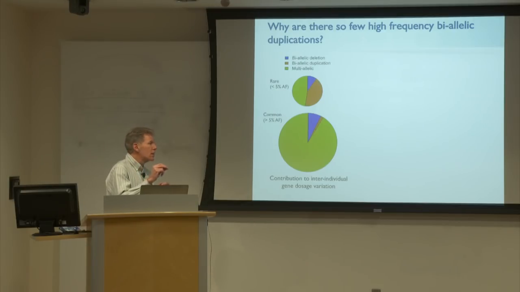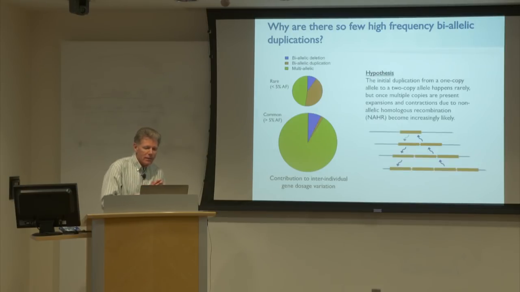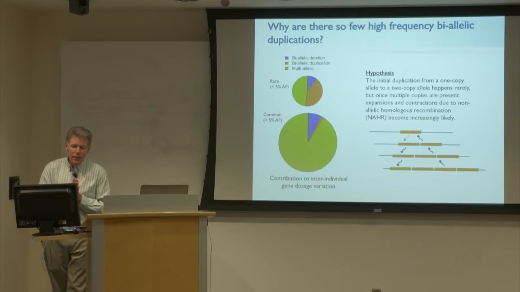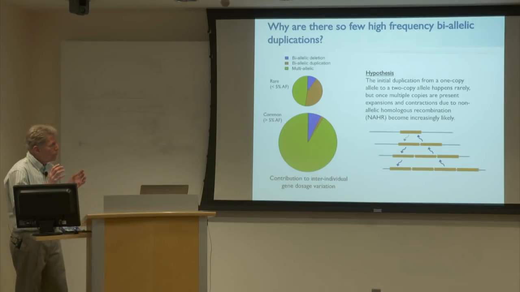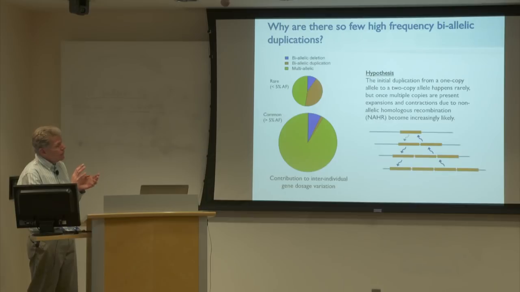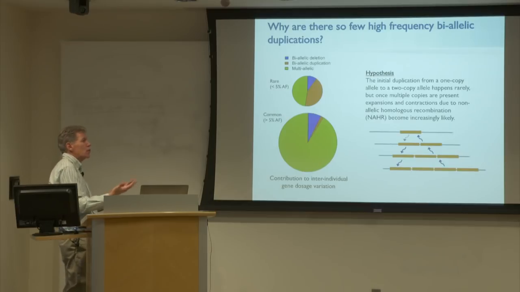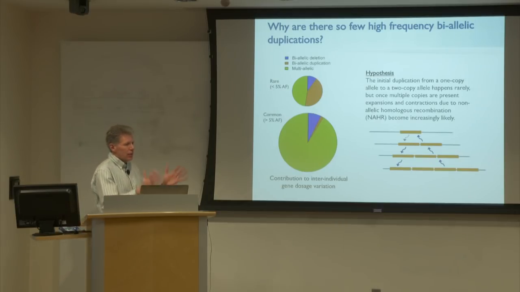And this is because these biallelic duplications, we just don't see very many of them at high frequency. One hypothesis for why this happens is that perhaps the event that creates this duplication in the first place, where some segment of the genome gets a second copy, is a relatively rare event. But once it happens, it then is easier for